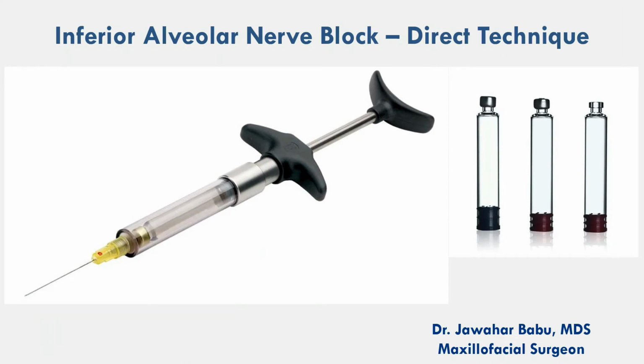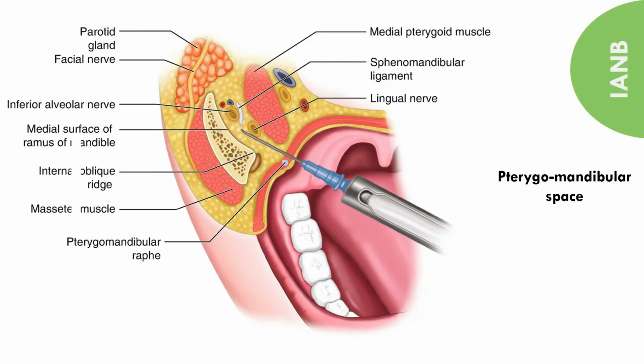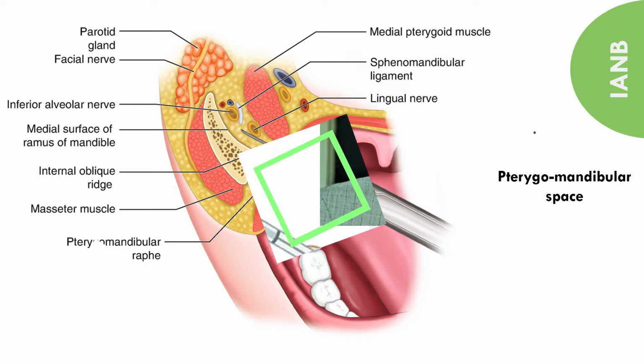In this video, I have incorporated a few new methods to learn and remember the inferior alveolar nerve block technique. And I have also mentioned a few tips on how to administer IANB for patients with different facial profiles. This picture shows the LA solution being deposited in the pterygomandibular space. We can also see the lingual nerve is anterior to the inferior alveolar nerve, and the needle first pierces the buccal muscle and then it enters into the pterygomandibular space.